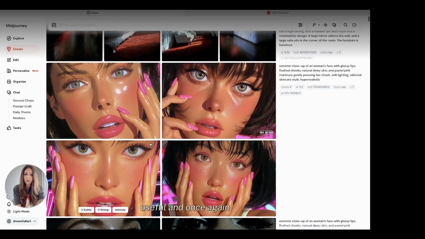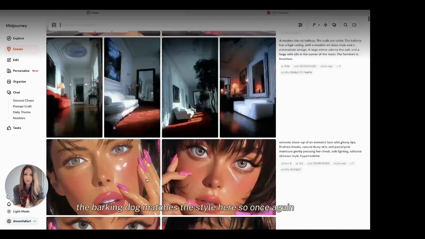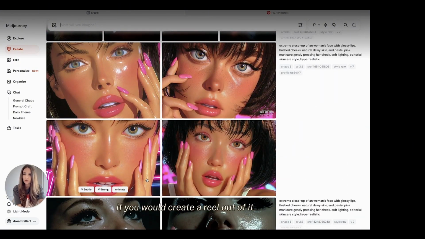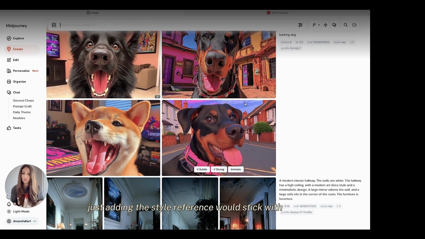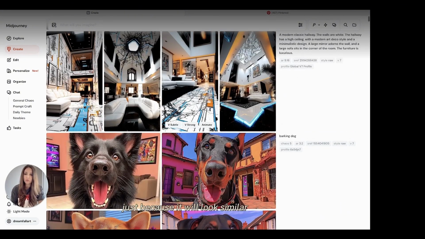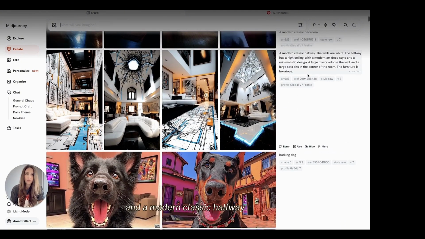Very useful. And once again, the barking dog matches the style here. So once again, if we would create a reel out of it, just adding the style reference would kind of mix all the pictures together in the reel, just because it will look similar. And a modern classic hallway,